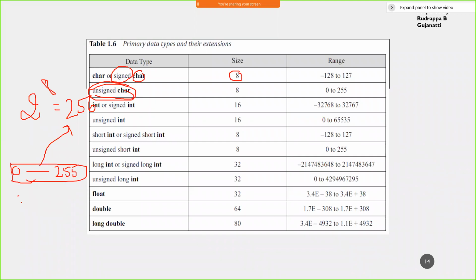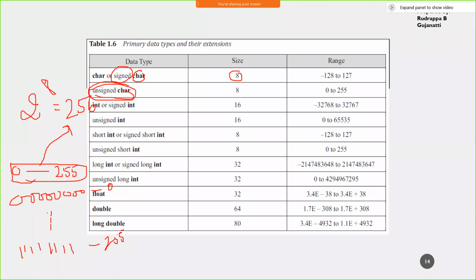It is like all 8 zeros up to all 8 ones: this is 0 and this is 255. In between I can have any combination of zeros and ones, like 00000001, then 00000010, which is 0, 1, 2 in decimal form.